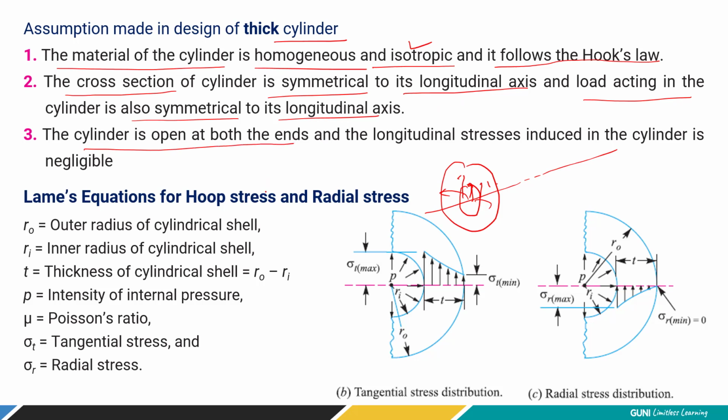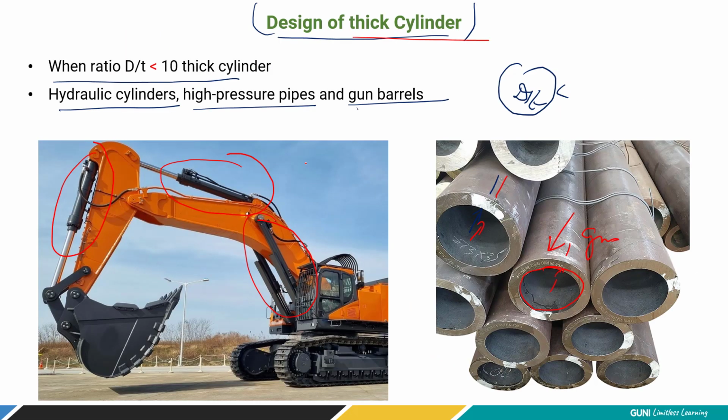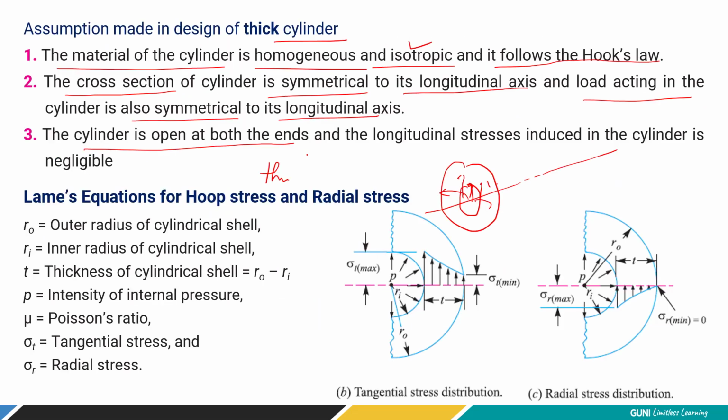Now mostly the thick cylinder, based on application, just recall the first figure. Here this hydraulic cylinder needs to be open so that it can push the piston out, right? So mostly you'll find thick cylinders are open-ended. Just remember the gun barrel. When you fire the gun, what happens? It has to be open. Otherwise, the bullet cannot escape from the gun itself, right? So it needs to be open. So here it is taken as an assumption.